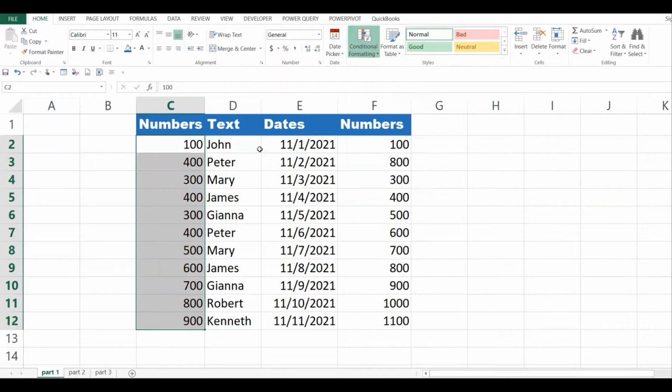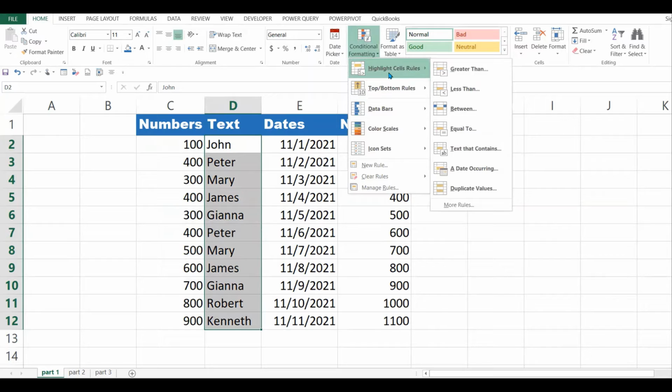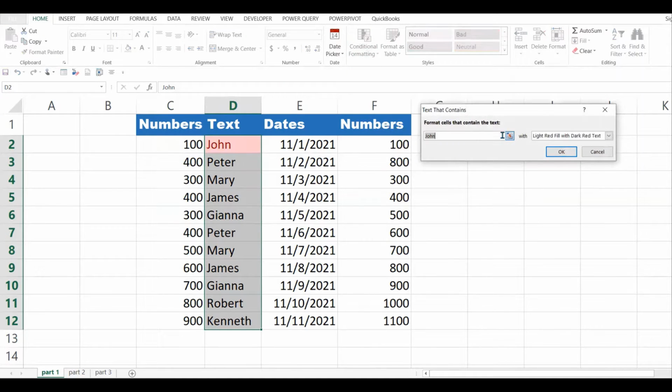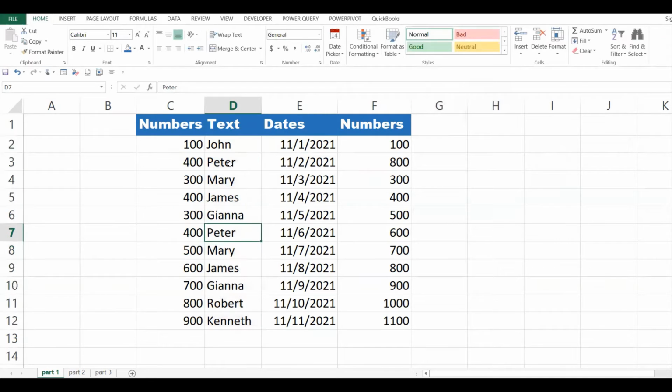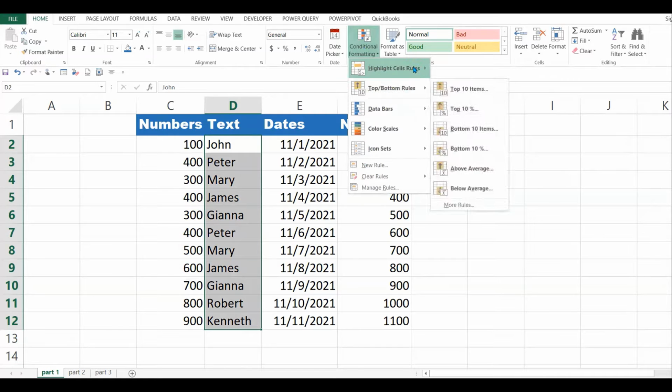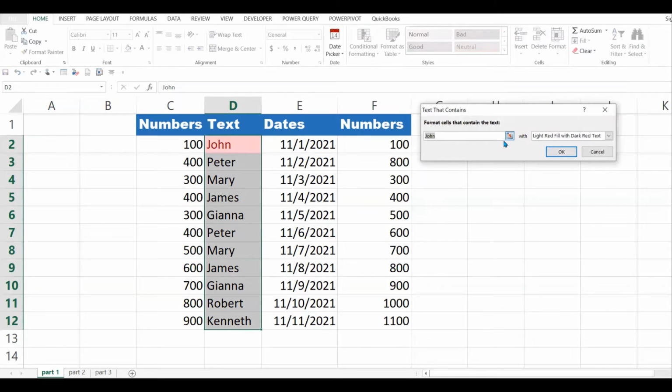Now, next, let's see text. Come here again, highlight text which contains a certain word that I want, like so. Text contains John. Which color do I want? I want green.